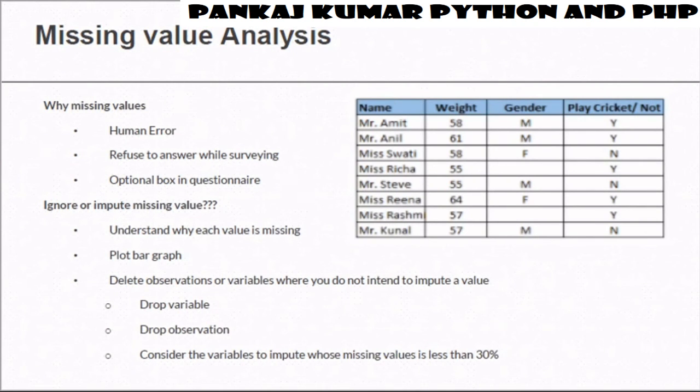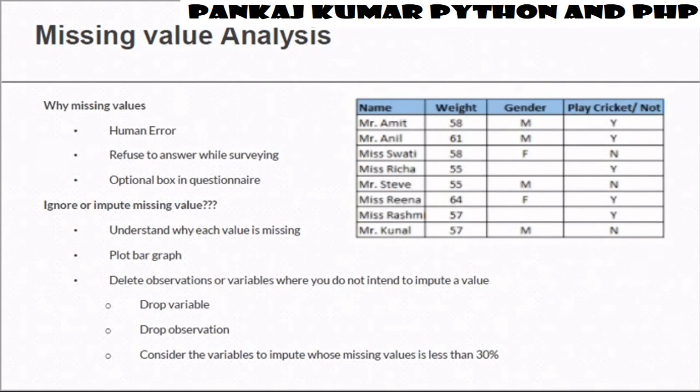There are multiple reasons why missing values get created. Sometimes it happens due to measurement error, or the person doing the survey may not be able to fill it in properly. Before proceeding to impute or ignore the missing values, we first need to understand why these missing values were created. Sometimes there will be an obvious reason for the missing values in the data. Now let us understand whether we need to ignore the missing values or impute them.